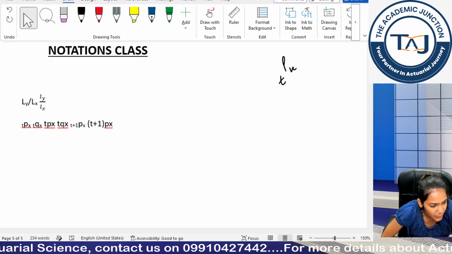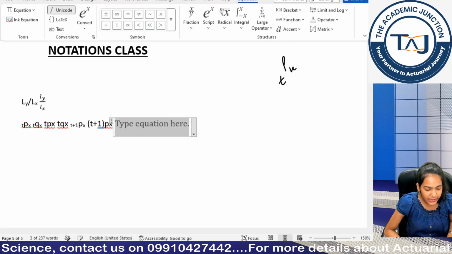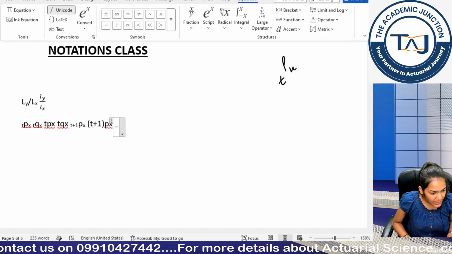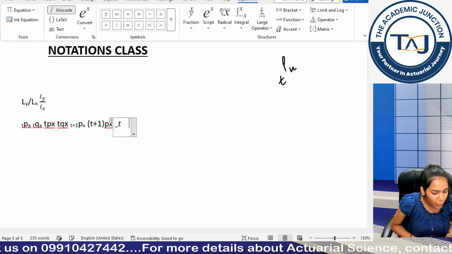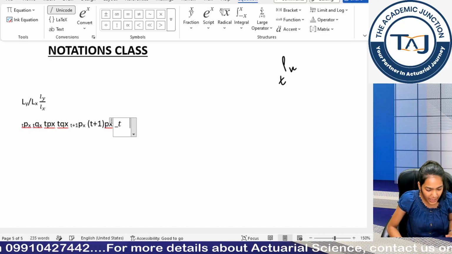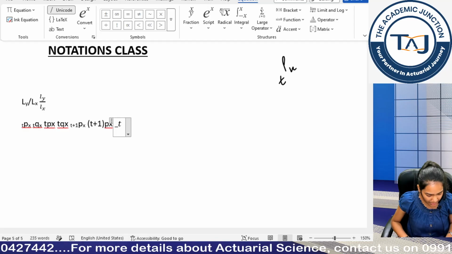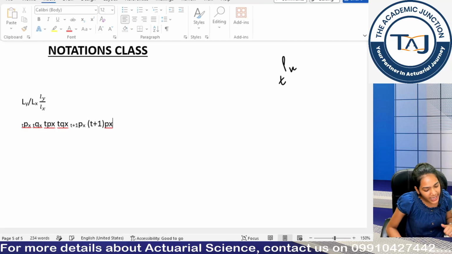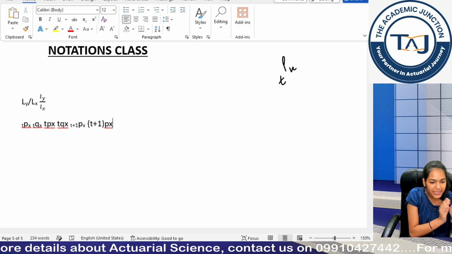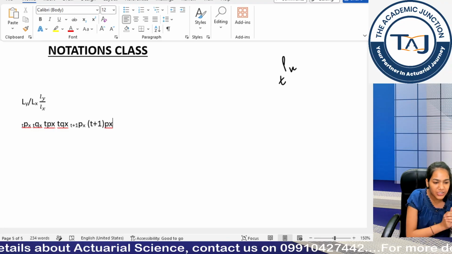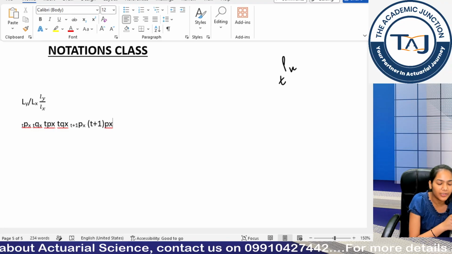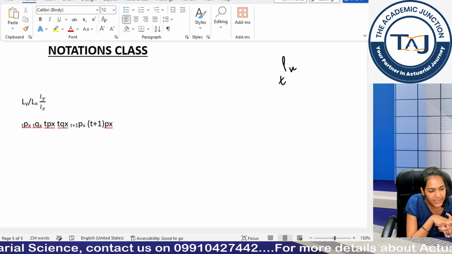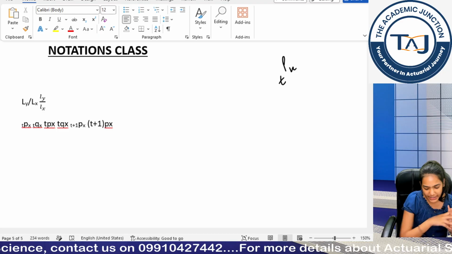So TPX and QPX is clear, and why can't I write it that easily in my equation editor? Because if I use underscore T, it won't go to the subscript until I have something on my left-hand side. Before that it will not go down unless I have something on the left-hand side that I want to send to the subscript, so in the equation editor it will not go down. Is this clear? So this notation is clear to everyone. You will be able to do TPX, TQX.